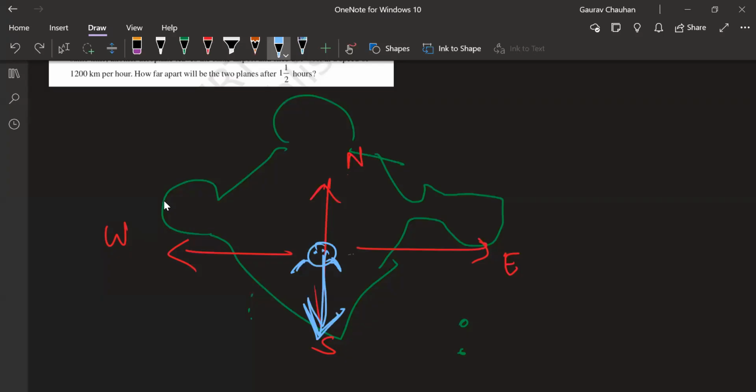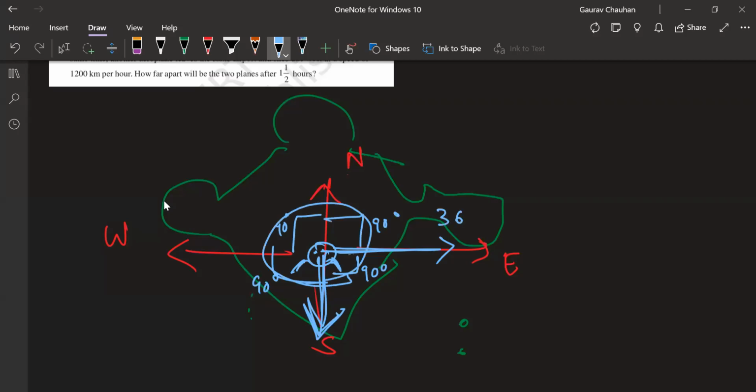Dikshit, it's not 45 degree, Dikshit. You're wrong. Why? Now see here. If I have to turn this much, how much am I turning, Dikshit? I am turning 90 degree. Then I am turning 90 degree again. Then I am turning 90 degree again. Then I am turning 90 degree again. A complete rotation of 360 degrees will make me face south again. Are we good, Dikshit? Yeah, sir. Got it. Okay, so 90 degrees turn you have to take. We good so far, everyone?